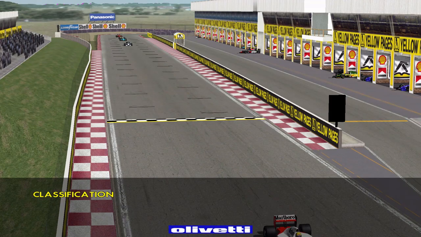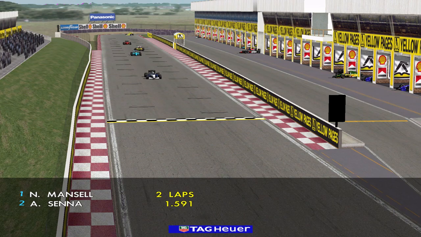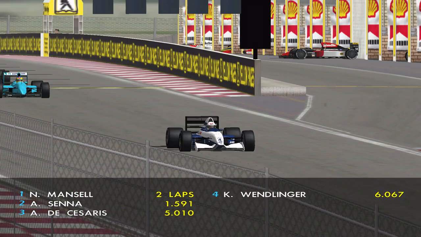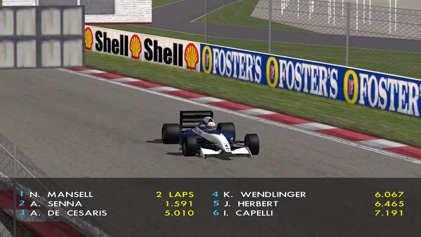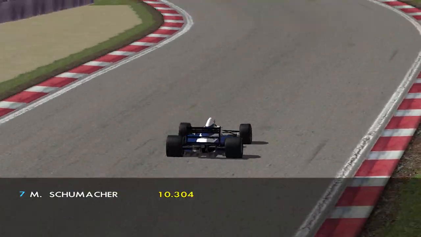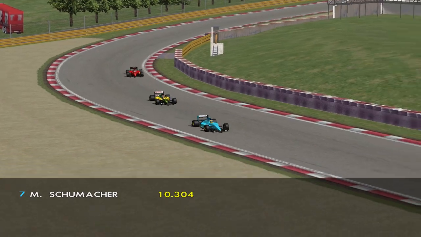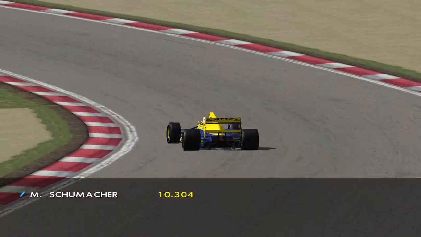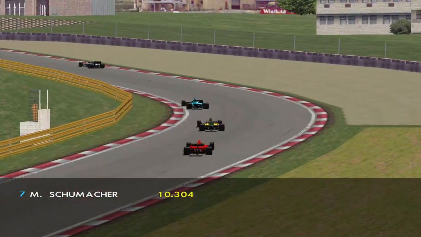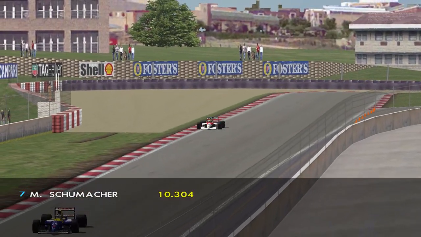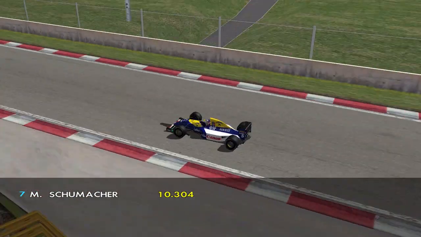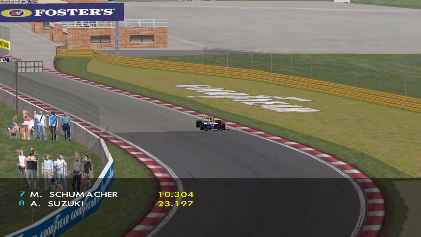Comas had just retired, so it is Suzuki who is in 8th place. But Mansell is comfortably 1.5 seconds ahead of Ayrton Senna. De Cesaris has found his way past Karl Wendlinger. So Andrea de Cesaris, he hasn't had many podiums in his career, but he might put it on the podium for his Tyrrell debut here. We'll have to see if anybody can strike back, because De Cesaris is looking like he has found his way quite